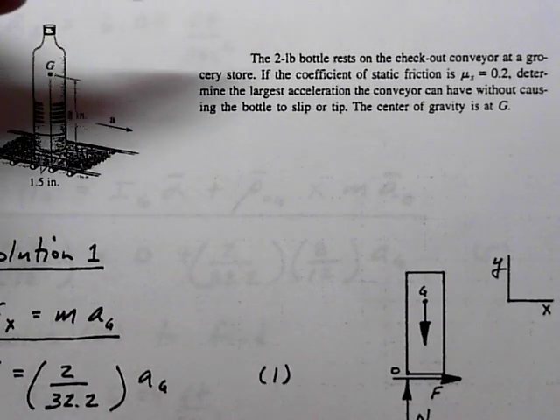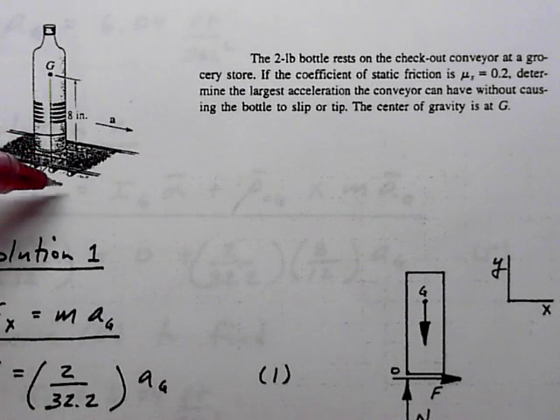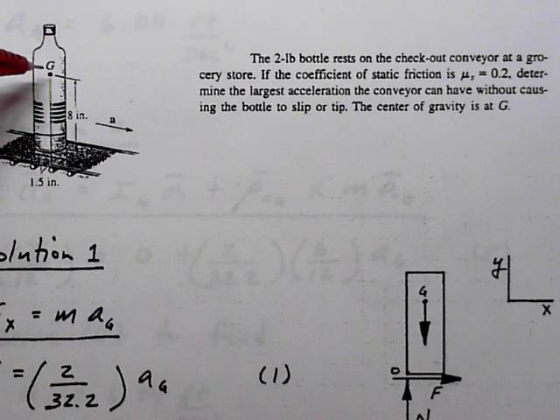So we have a 2-pound bottle that rests on the checkout conveyor at a grocery store. The coefficient of static friction is μs equals 0.2. Determine the largest acceleration the conveyor can have without causing the bottle to slip or tip. The center of gravity is at G, which is located in the picture as being 8 inches above the bottom of the bottle, and we have a 1.5 inch